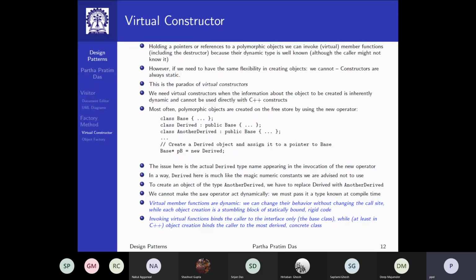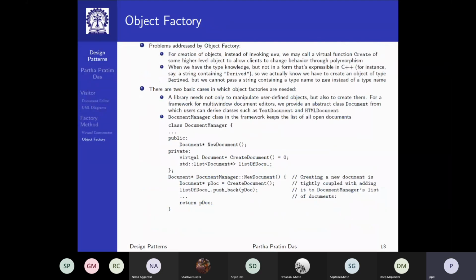But the object creation does not work that way, because it binds to the type. And there is only one way to specify that type in C++. So the virtual constructor is a utopia. So given that, the question is, can we have a closed solution for that, which can try to